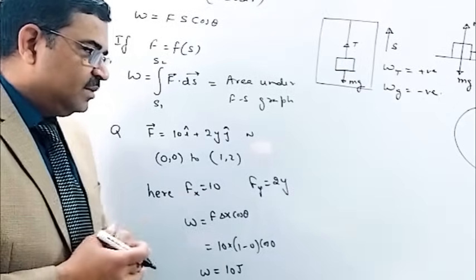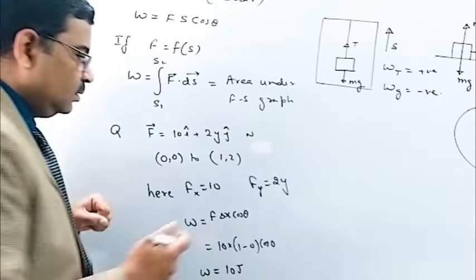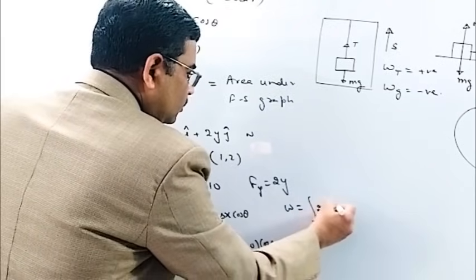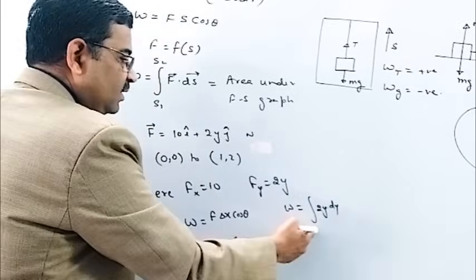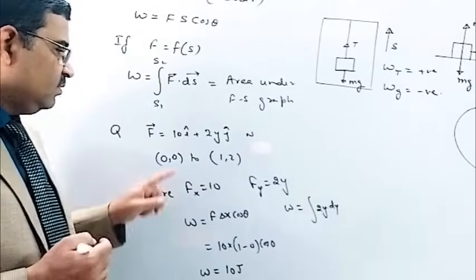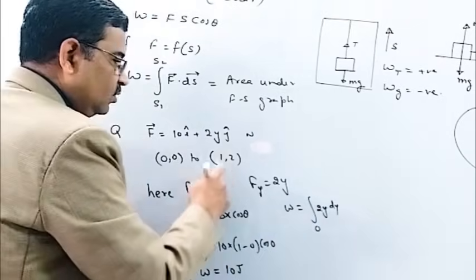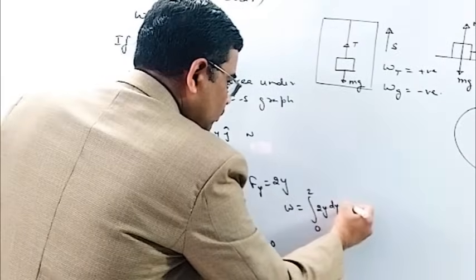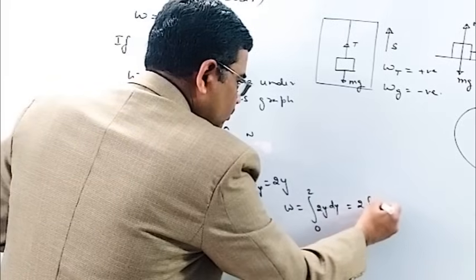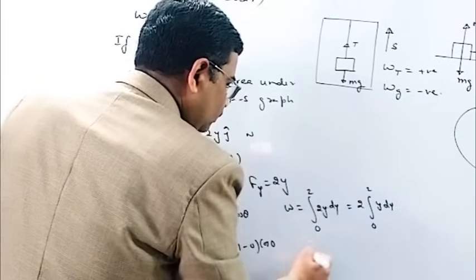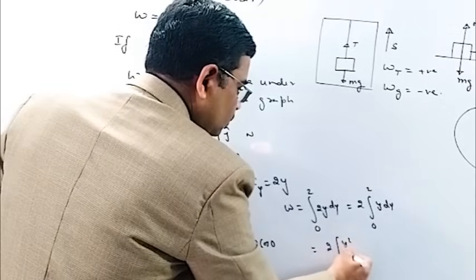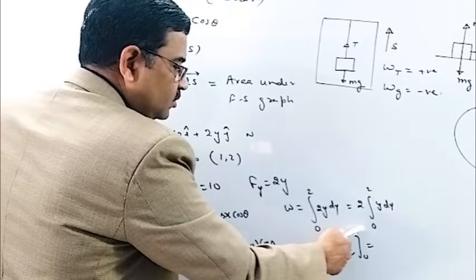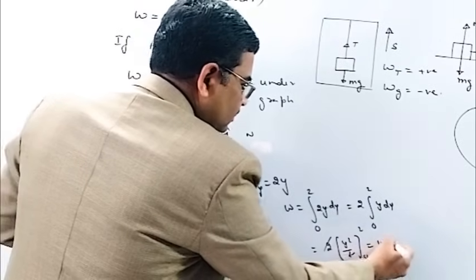And now the work done by the y component. Here I have to use integration. So this work will be integration of the force, which is 2y into dy, from initial y coordinate to final y coordinate. What is initial y coordinate? 0. What is final y coordinate? 2. And now if you integrate this, 2 should be taken out of integration, so it is y dy from 0 to 2, and that becomes 2 y square by 2 from 0 to 2, and this 2 is cancelled. Now in place of y substitute 2, so it becomes 2 square, 4, minus 0, so it becomes 4